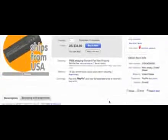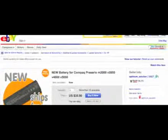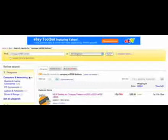Now this is a fine battery from a third party. This is not HP. So if you want to stay on the cheap side, you could get a battery like this. If you want to maybe spend a little bit more but get a higher quality battery, I would actually look for a Compaq battery made by Compaq. The way I do that is I search for the word genuine in front of